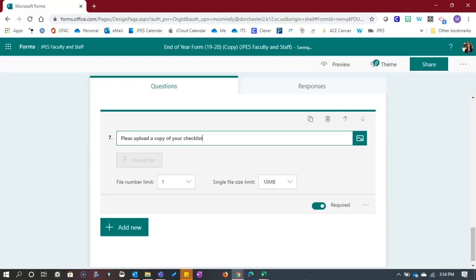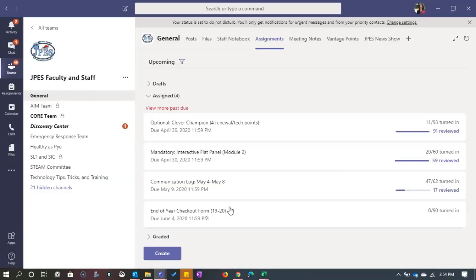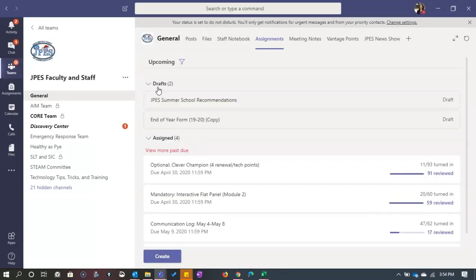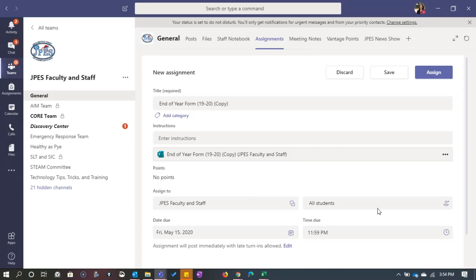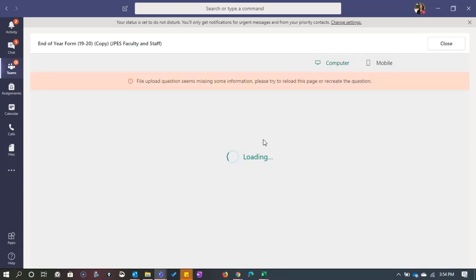And then once I do that, of course, select all those choices there and add, and now when I go to Teams and go to my assignment, again, I have my draft. Now, when I open it up, I will not get that error up there. So now it is ready for me to,